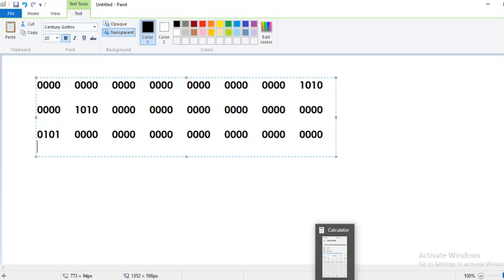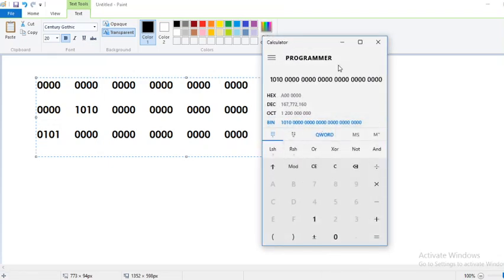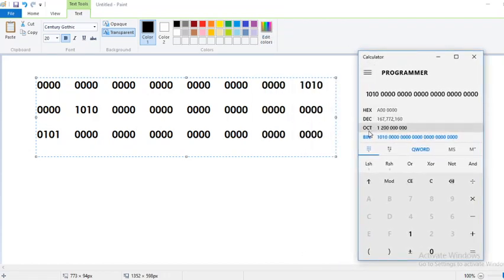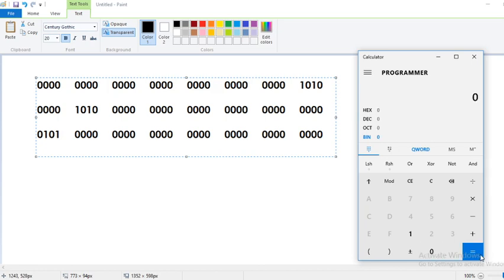So what I do, I use the calculator. I go to binary, and here I will place first this sequence, reverse of byte. I am using this sequence to verify the answer.